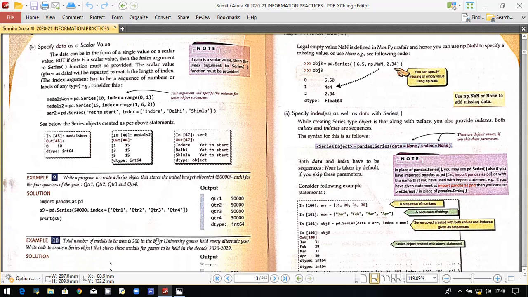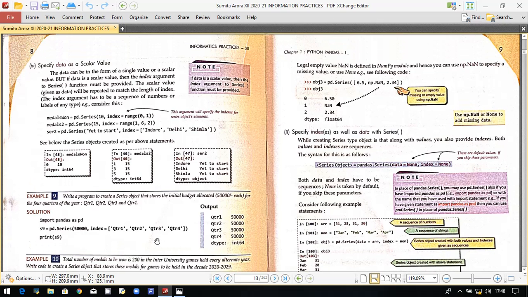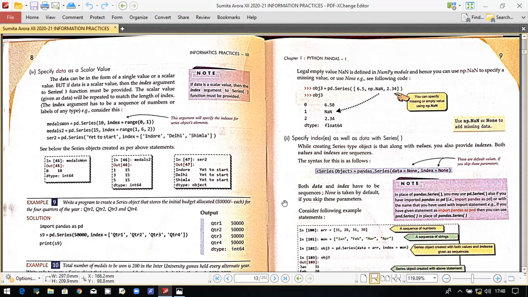Also here something is mentioned for NaN values, suppose you want to keep something which is not known to you. For example, if you are mentioning obj3 is equal to pd.Series([6.5, np.nan, 2.34]), what this np.nan is emphasizing is that you do not know this value, or that it is a missing value.